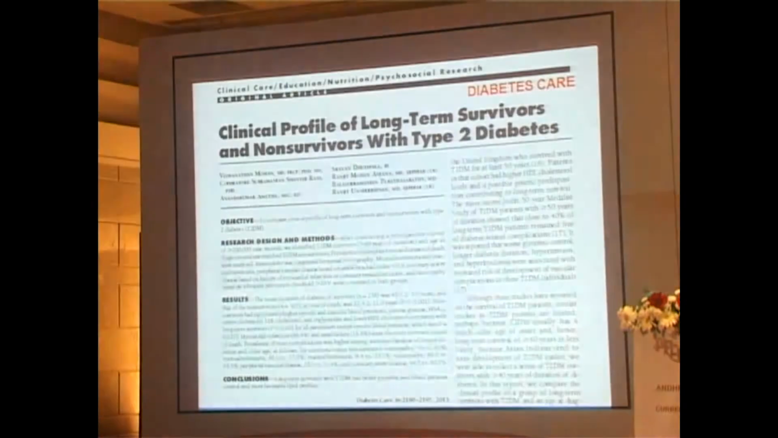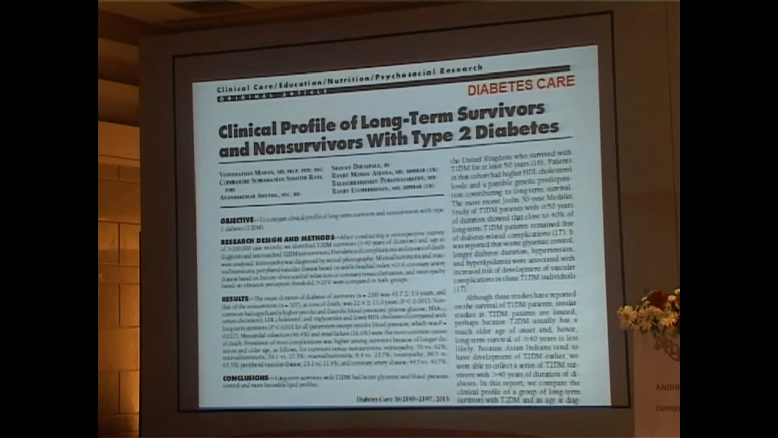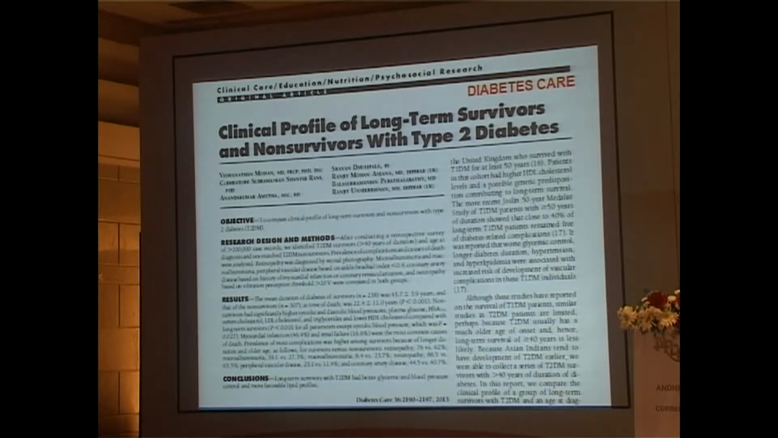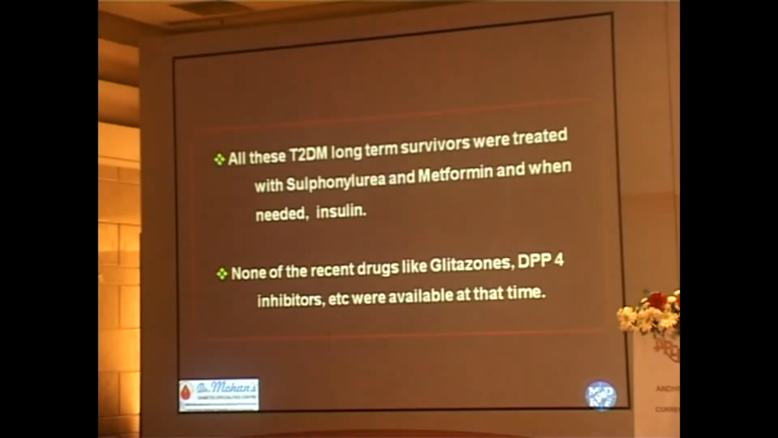was that, if you read the last line, nothing very great, but it's the first report in the world that long-term survivors with type 2 diabetes had better glycemic control, better blood pressure control, and more favorable lipid profile, including use of statins. And we had a comparative group of non-survivors as well, those who died after 10, 20, 30 years and so on. The other good news is that all these type 2 patients who survived were treated with simple sulfonylurea and